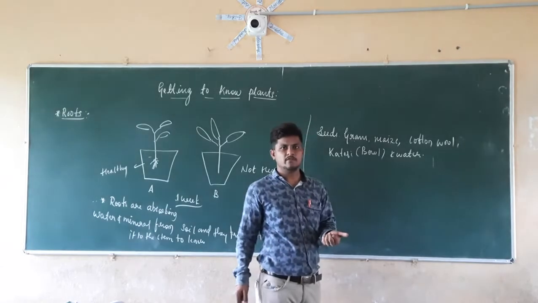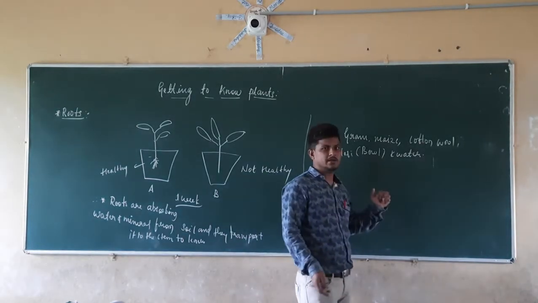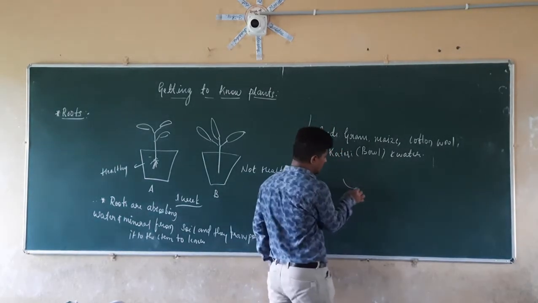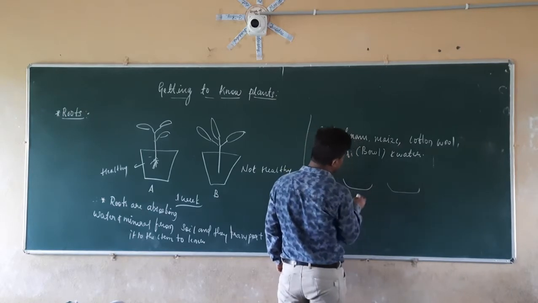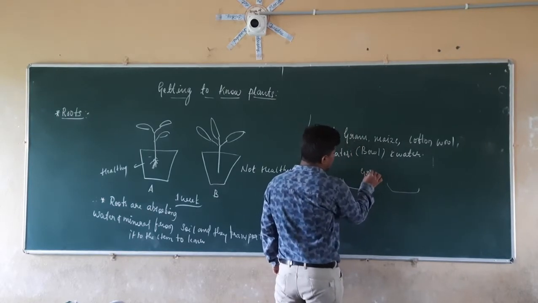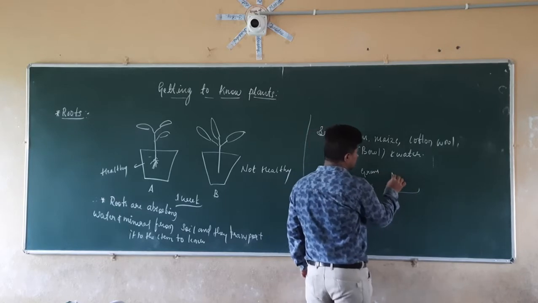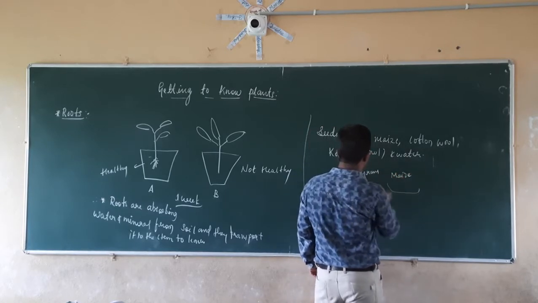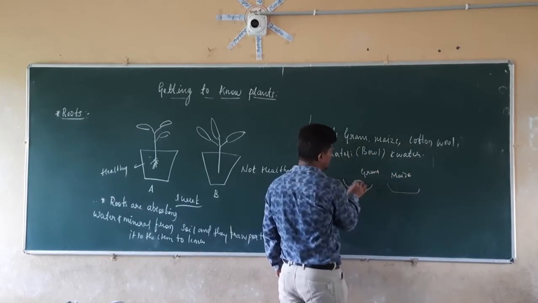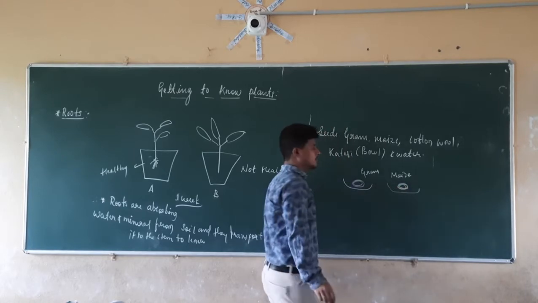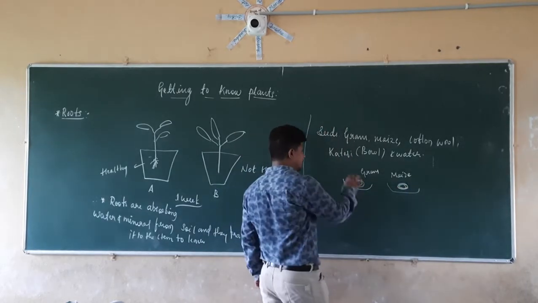After some time, what are we going to do? We are going to continuously add the water here. These are the 2 bowls: in one we are taking the gram, and in the other we are taking the maize, and those are soaked in the water. So we are going to continuously supply the water to these things.